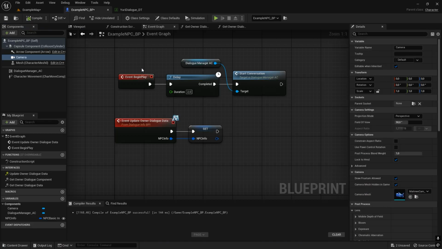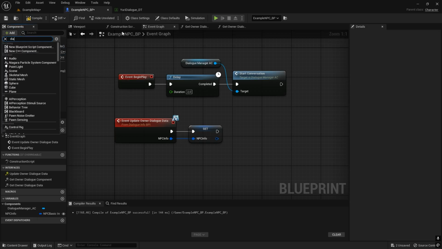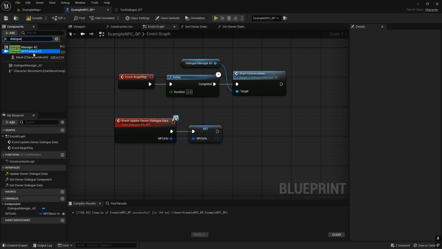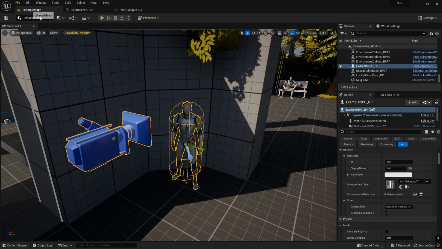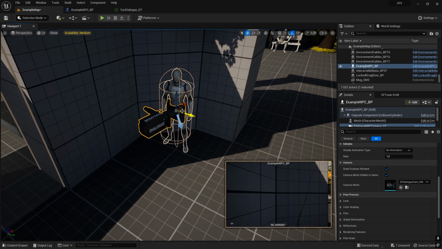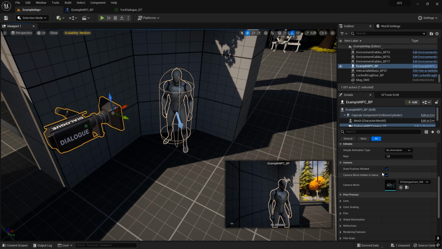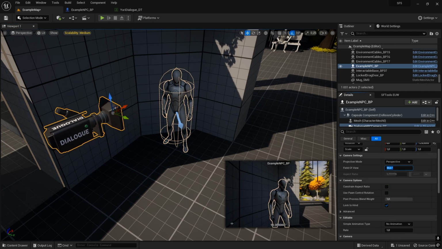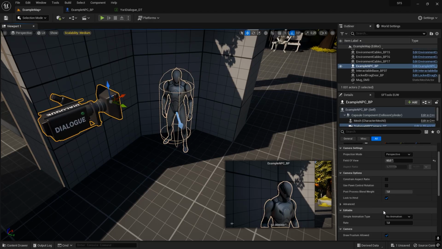So if we edit our NPC once again, we can delete our camera component. If we hit add, we can search for dialogue NPC camera CC or camera component. If we hit compile and save, we can now instead modify some properties on this camera specifically instead of a default camera component. So for instance, if we lower the FOV, I'll demonstrate some cool effects that we can do